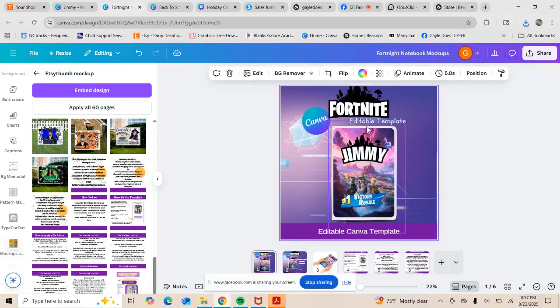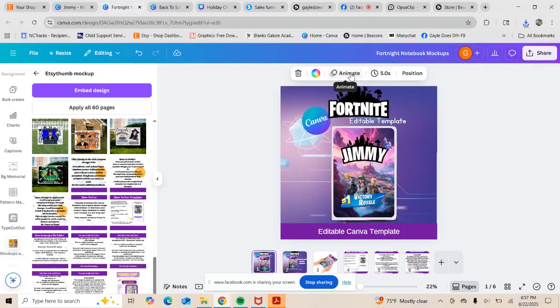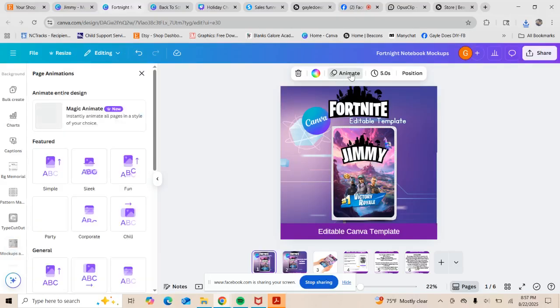Okay, I click the whole thing and then animate. Okay, so these are animates. Whenever you hover over them, it's going to show you how it's gonna populate